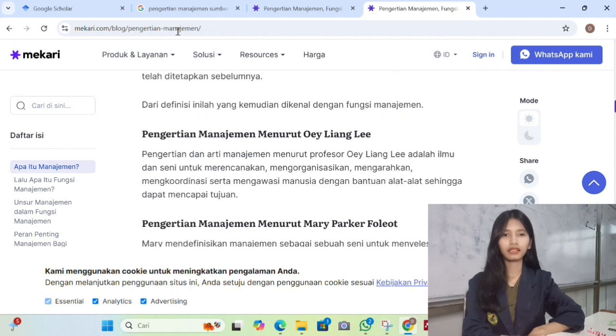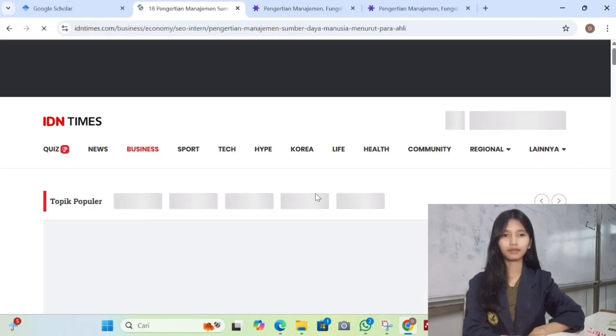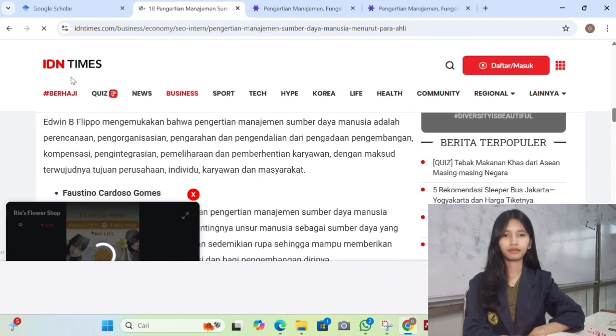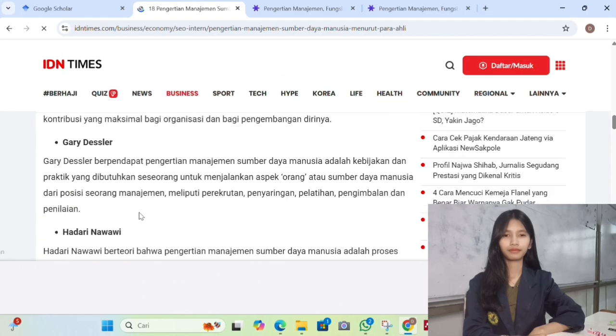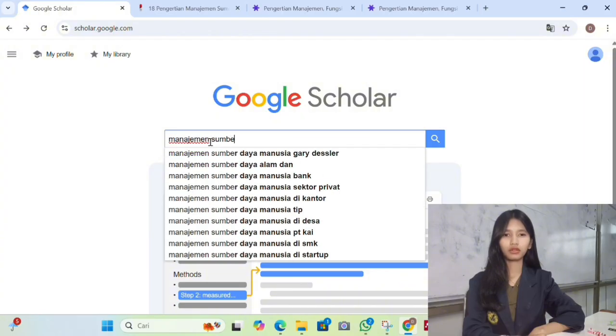And then the middle theory, it is pengertian manajemen sumber daya manusia. And the applied theory, we can search in Google Scholar.